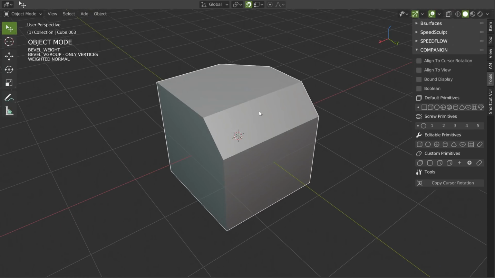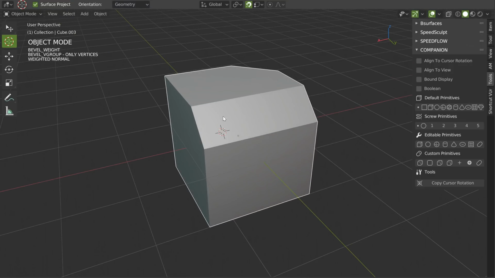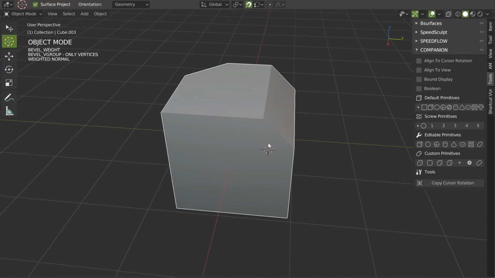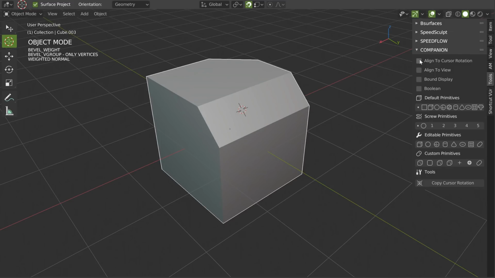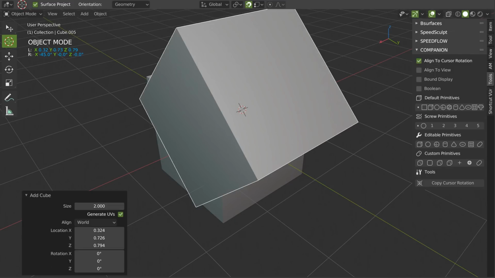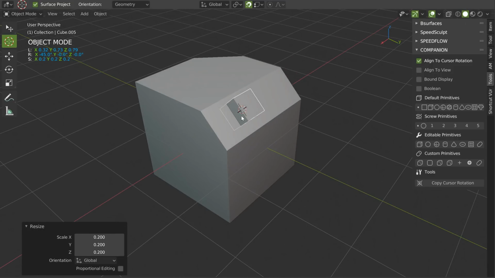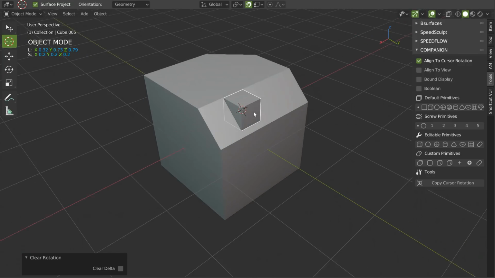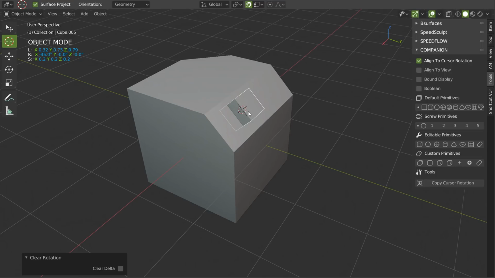And with Blender 2.8, you can use the cursor, and you have some options: none, view, transform, geometry. And personally, I added the option with Shift RMB to place the cursor directly on the faces. And this is really useful because if you activate the Align to Cursor, you click, boom, you will have your primitive directly with the orientation of the cursor. And if you press Alt G, you can click here, copy cursor rotation, and that's it. Pretty useful.